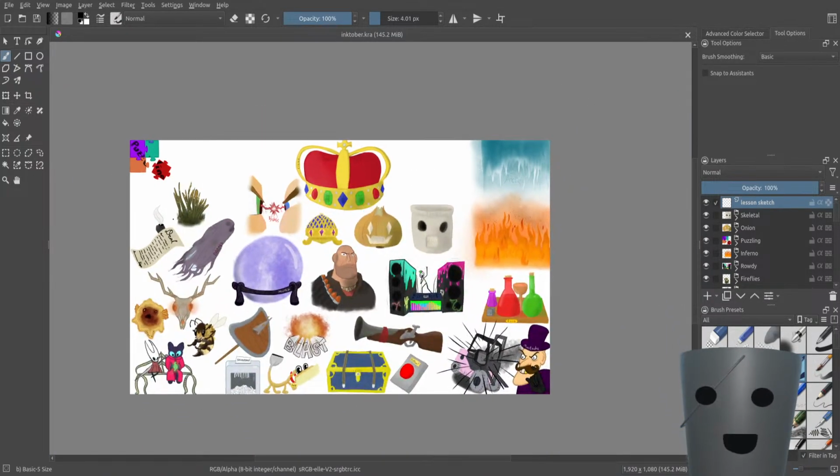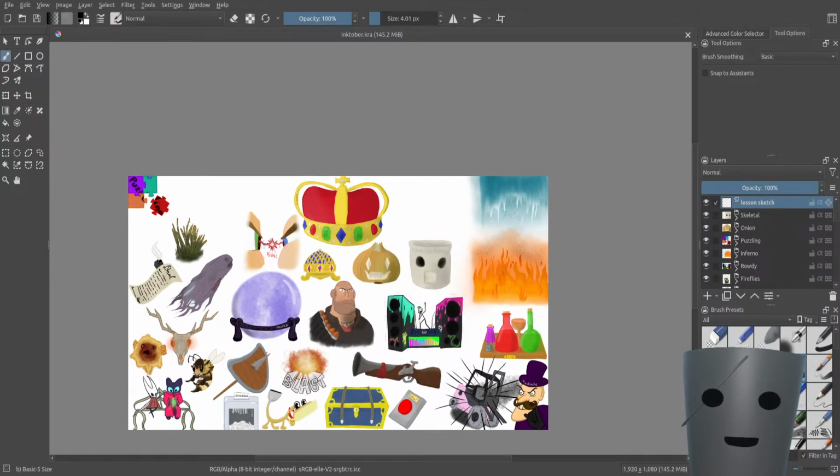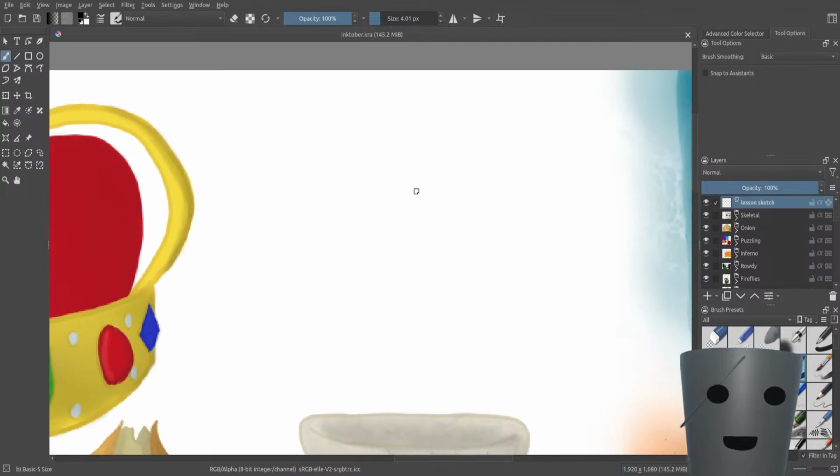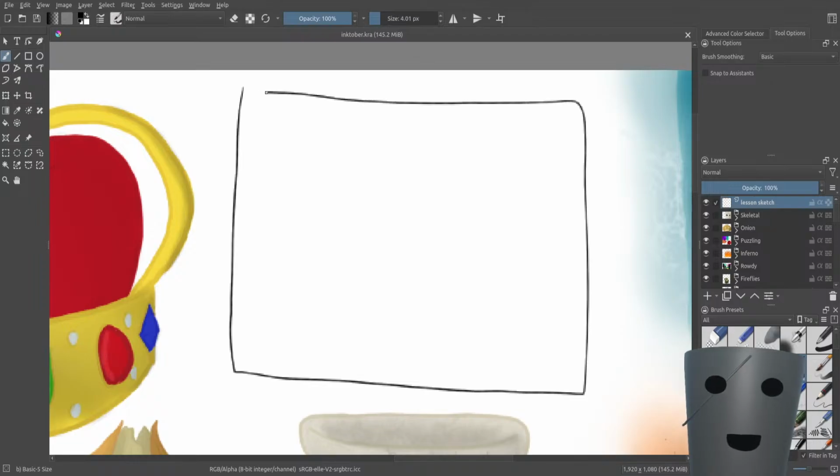Oh, I did move a couple of things around. This is probably going to move a bit more, a bit more adjustments before the end of Inktober, just so I can get this to look the best it can. Anyway, back to here for a lesson sketch. I think what we're gonna have is